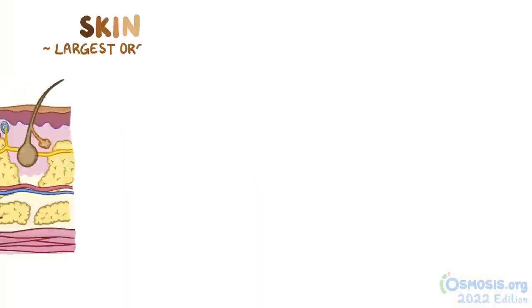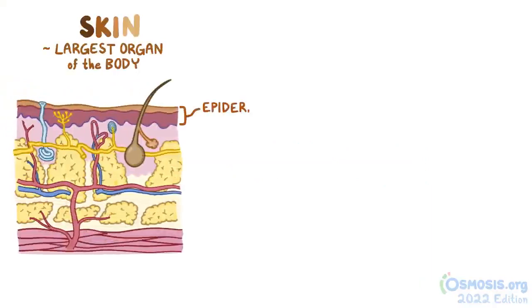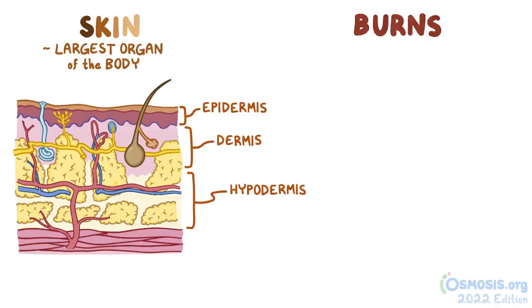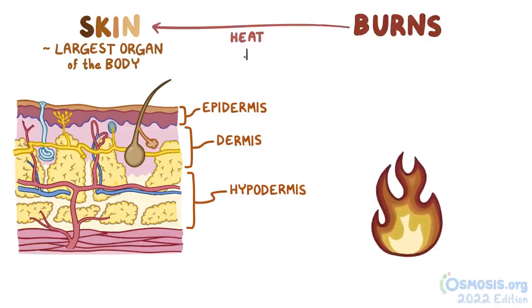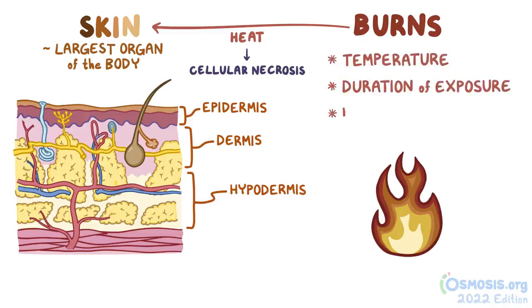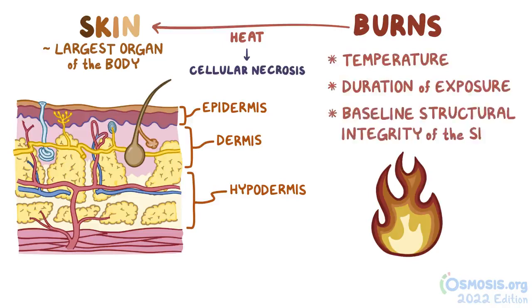The skin is the largest organ of the body and is made of the epidermis, the dermis, and the hypodermis. Burns result from exposure of skin cells to an overwhelming amount of energy in the form of heat, causing cellular necrosis. The degree of injury depends on the temperature, the duration of exposure, and the baseline structural integrity of the skin, which means younger children and elderly individuals are at a higher risk of injury because their skin is relatively